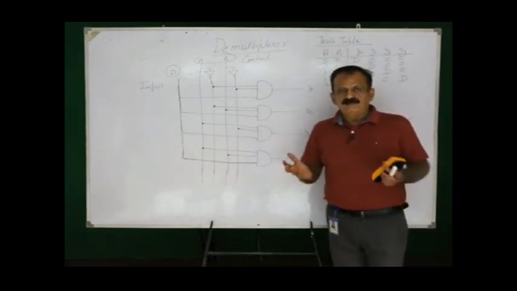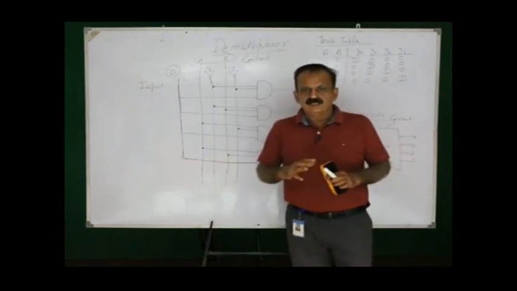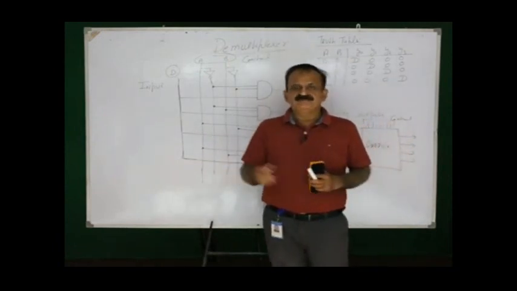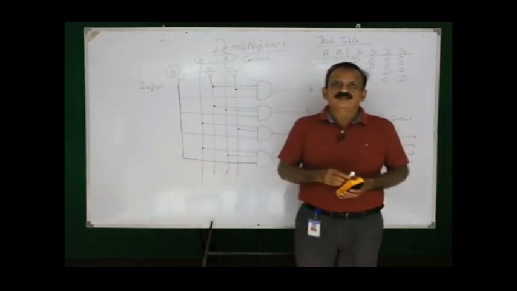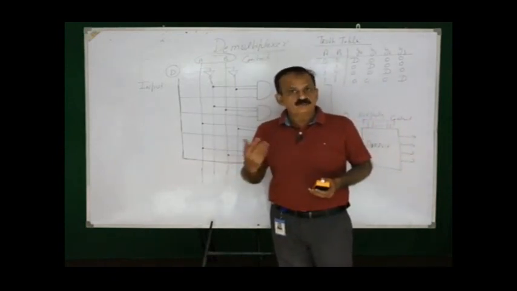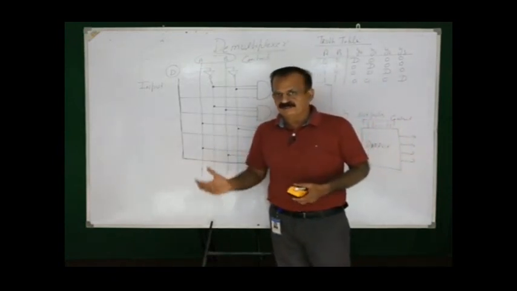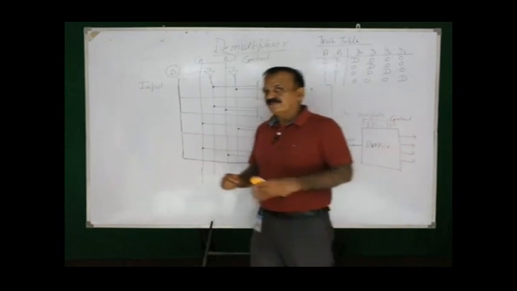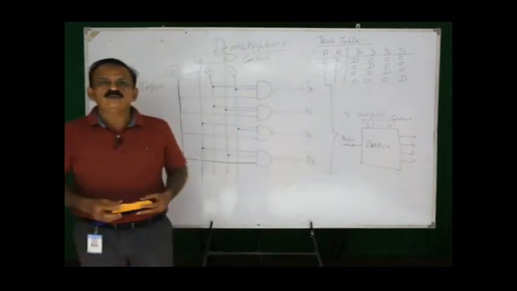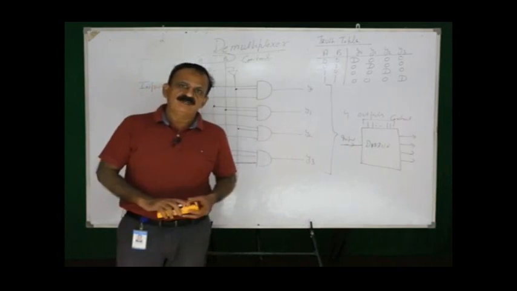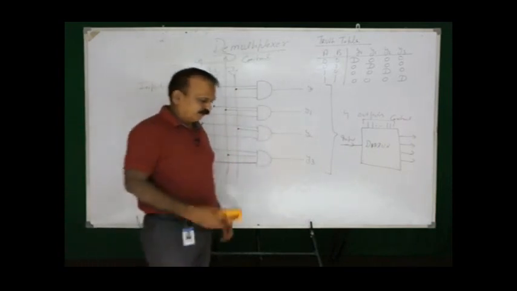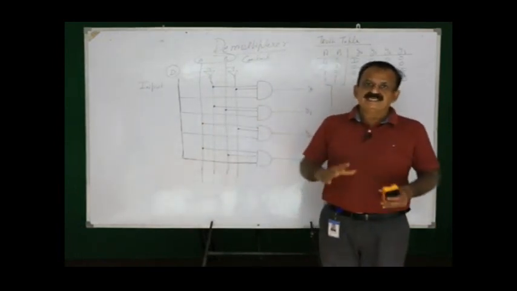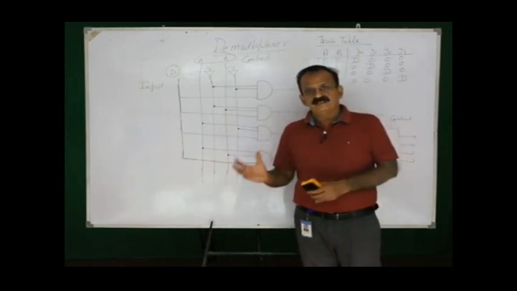So these are the two: multiplexer and demultiplexer. Multiplexer is many into one and demultiplexer is one into many. Now it is time for questions on what we have learned. This is the time to check what we have learned. One very simple question: what is a multiplexer? What is a 4 by 1 multiplexer and how will you implement a 4 by 1 multiplexer? This is a straightforward question. Another can be: what is a demultiplexer, and draw a diagram for a 1 into 8 demultiplexer.